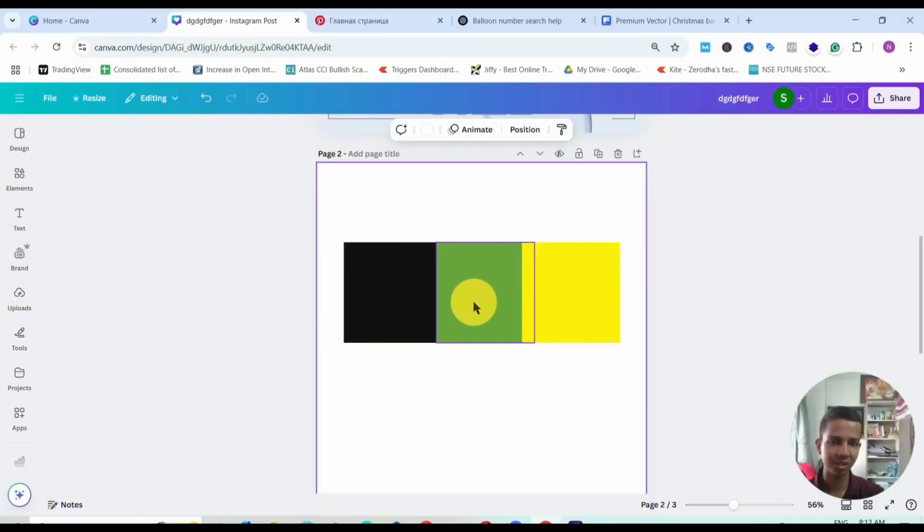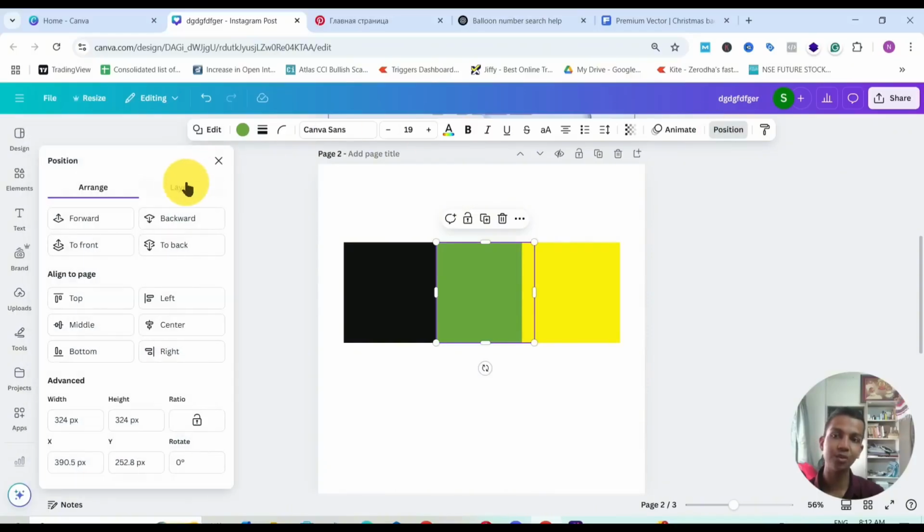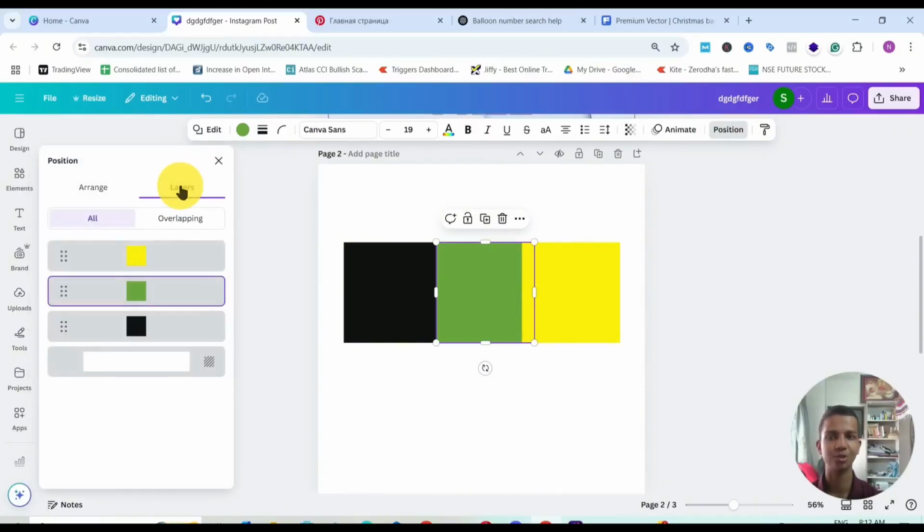If I click on this green box and go to Position, then Layers, we have this option of layering. If you go on Overlapping, you will see that the yellow is at the top, the green is at the second layer, and the black is at the bottom. Then if I go to All and grab this,